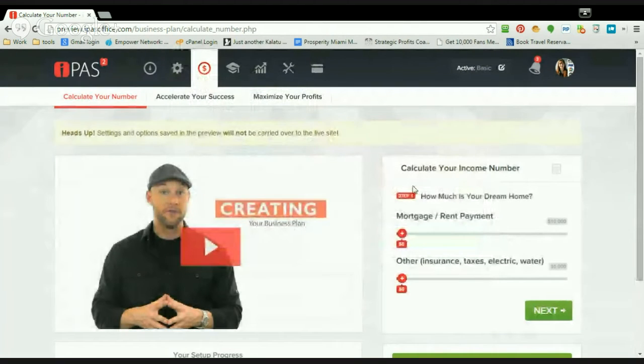Okay, and this is where it starts to get interesting. This is where you find out what your number is. So you'll have to do some research. How much is your dream home actually worth? What's the mortgage or rent payment on it? Now, if you're renting in your dream home,